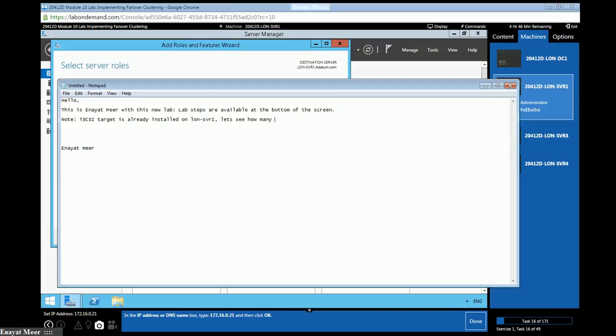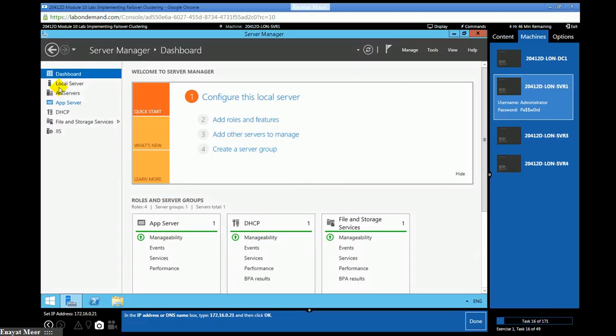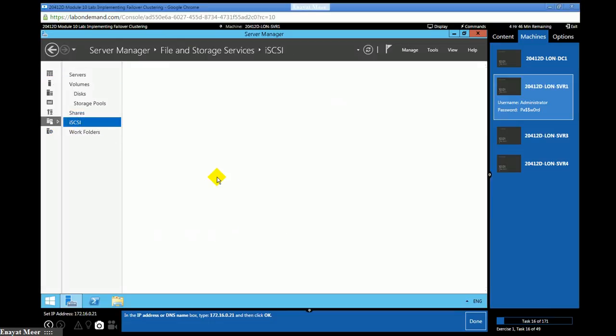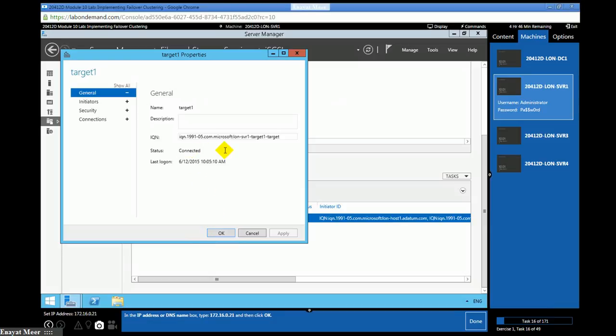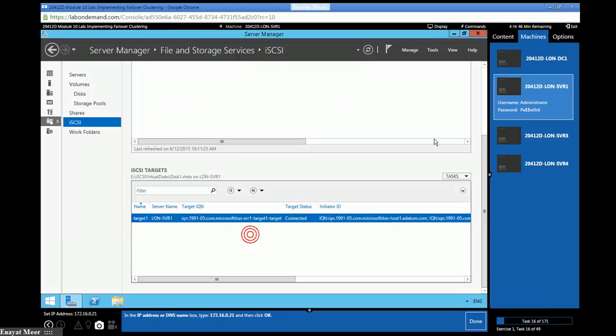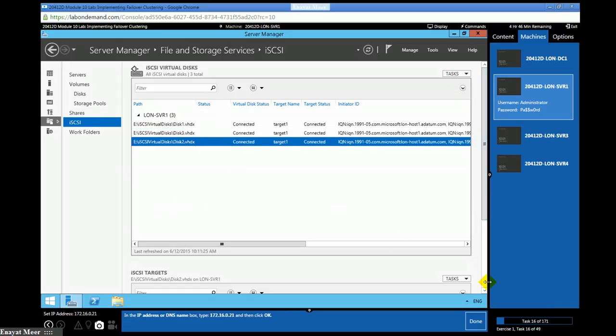If you want to do it on your own, simply do it on any other server, the server which is going to act as a target server, where you are connecting to get the drives. So let me show you those drives, how you can see them under iSCSI, which is already the iSCSI target server on SVR1, and you will see that I have a couple of virtual drives available.